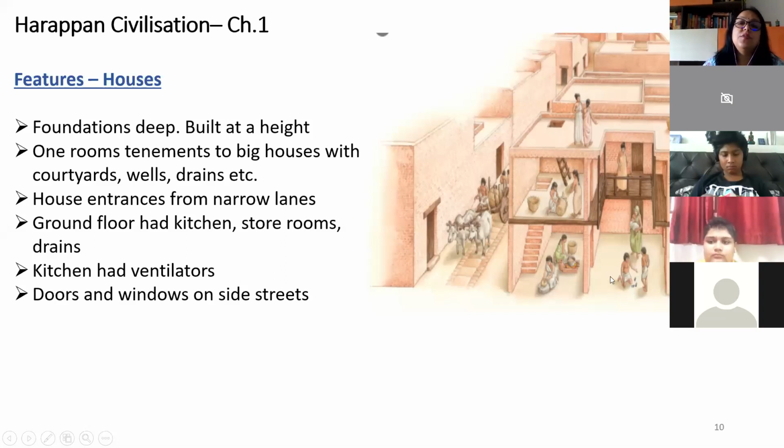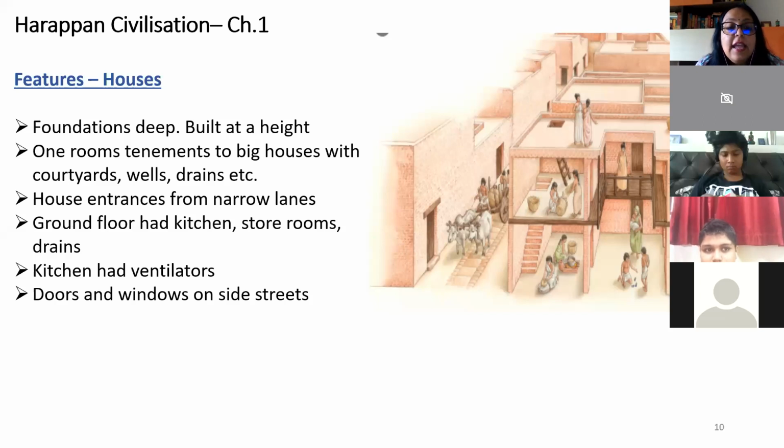Those whose houses were very big, only they had wells. Not every house had a well, but mostly rich people had their own well behind. Now, kitchen had ventilators. Now, what is the ventilator, children? You guys do not know because you have not seen. In modern buildings, we don't have ventilators because our roofs are very low. You know, the apartments where we are staying, hardly 10 feet is the height of the room, which is actually